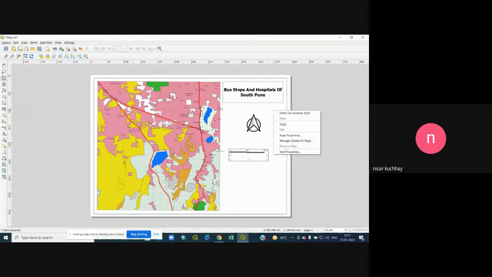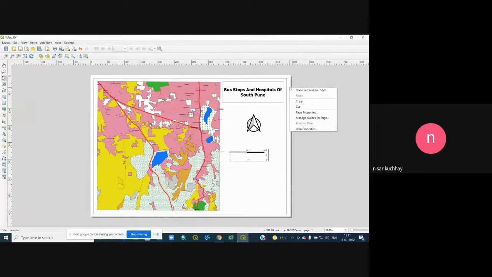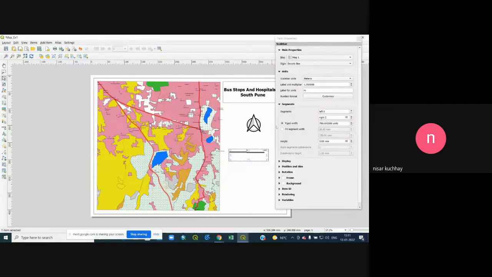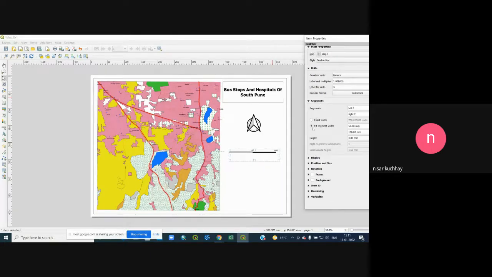Before that, I will go to this page properties, landscape, okay. Okay, I want a fixed segment, for example, here. If I want a fixed segment,